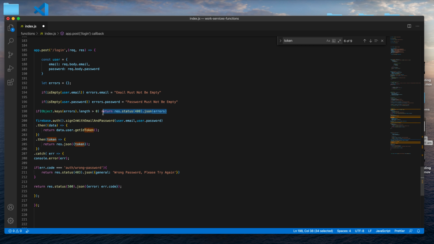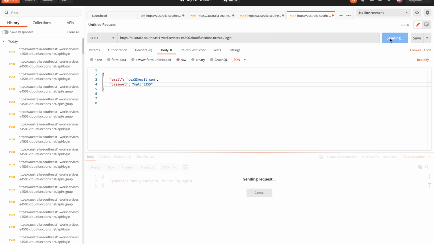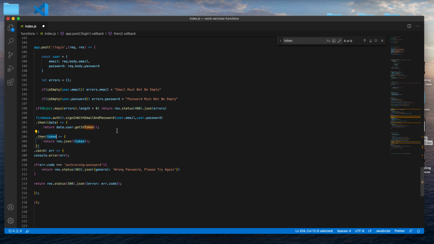If it does get an error, we're going to return the error. But if we don't have an error, this returns the data, and from the data we can get data.user.getIdToken, and that returns the token. You can call that whatever you want, but you call it token. And then we return response.json.token, which is what I got before when I do the right password there. So if you go to here, I got the token, but if there's an error, I'm going to catch